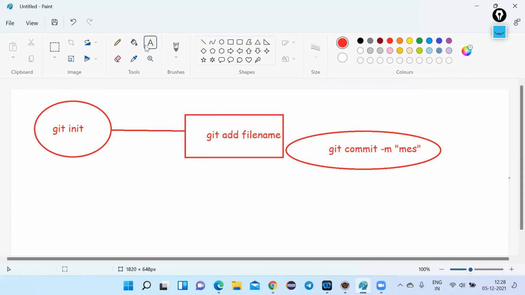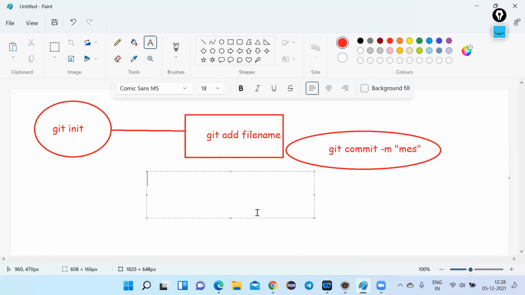Let's say I add all the files. In a few cases we would be getting hidden files and setting files, which we don't require to commit to the local repository or the central repository. Generally, in real time, we will commit only the code.